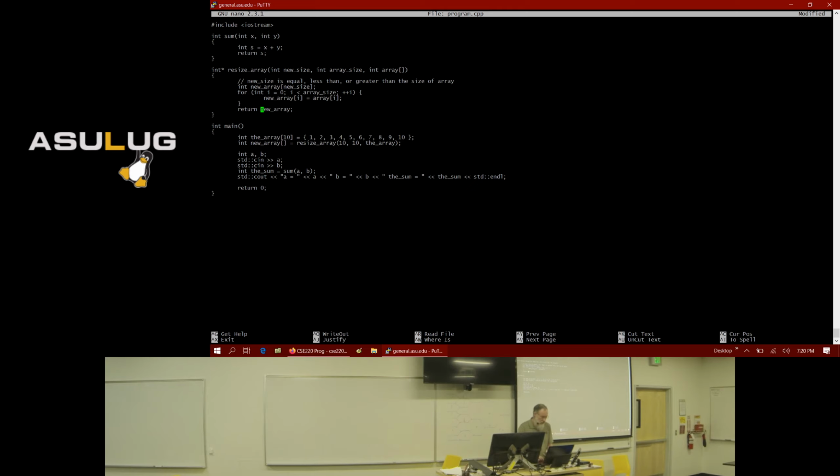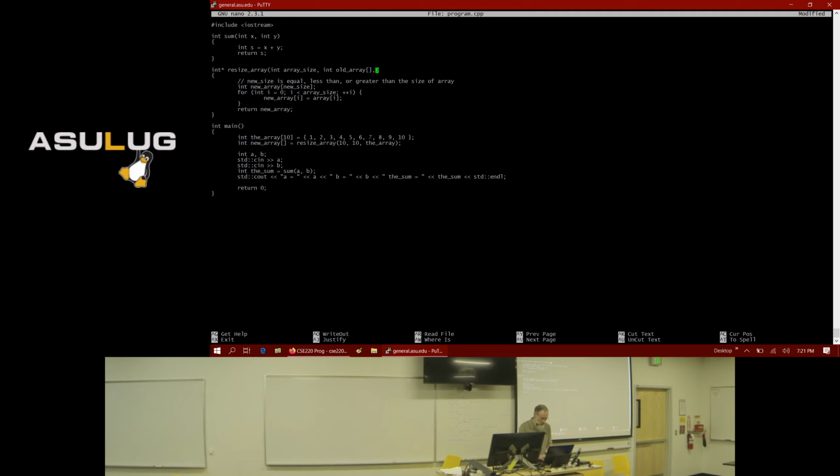Well, here's what we can do. I'm having a problem returning this new array from the function. It's not taking it. So I'm going to change my argument list. I'll pass in the size of the existing array that I want to copy, which I'm going to call old array.